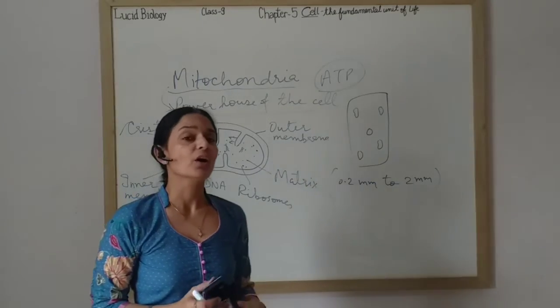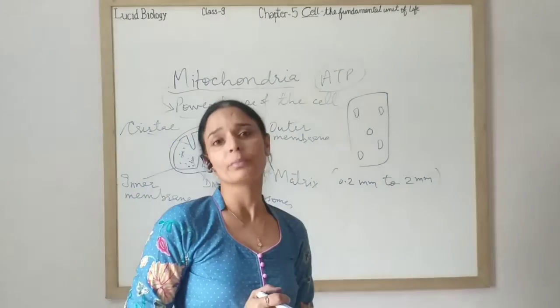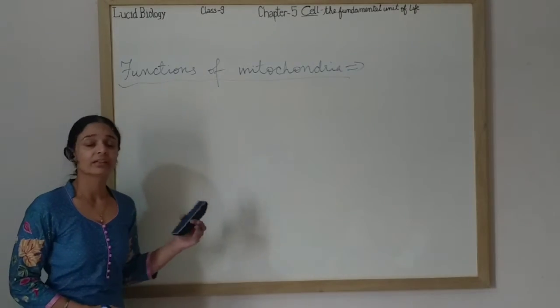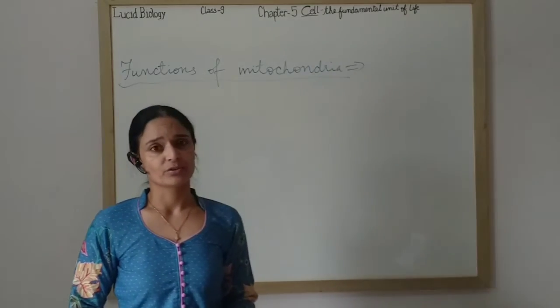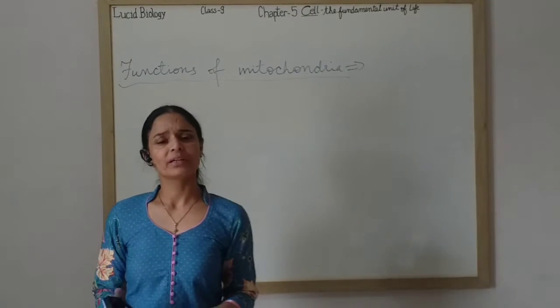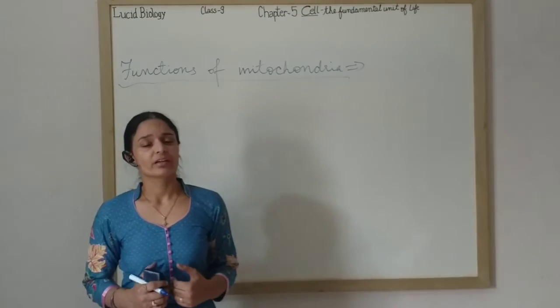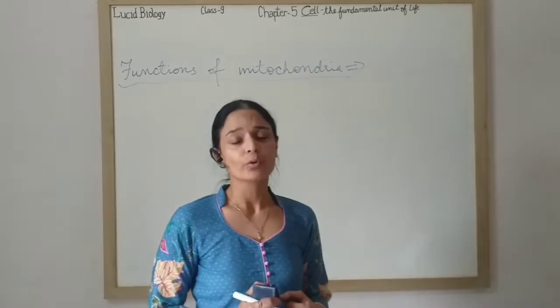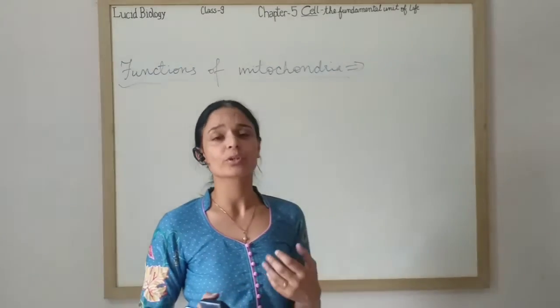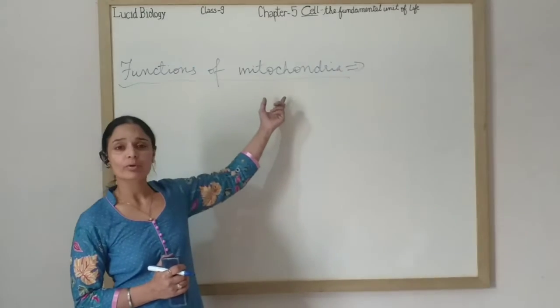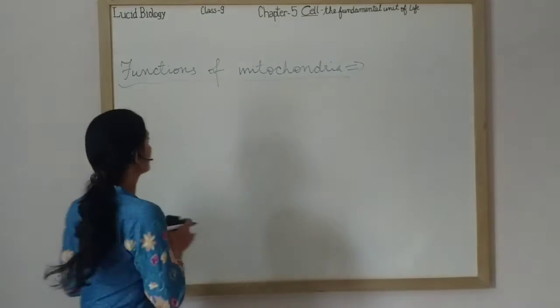You understood this. Now we are going to study functions of mitochondria. First function of mitochondria is, it is a seat of cellular respiration. Respiration, you know, breathing is simply exchange of gases. Respiration means the oxygen that we take inside helps in the breakdown of food. Where does this breakdown of food take place so that energy can get released from the food? Mitochondria provides the site for cellular respiration.